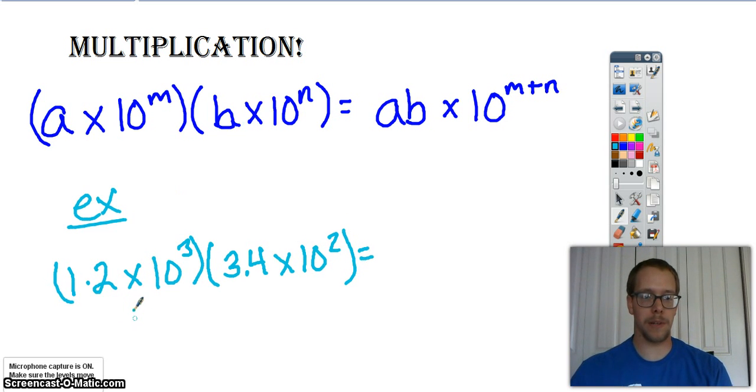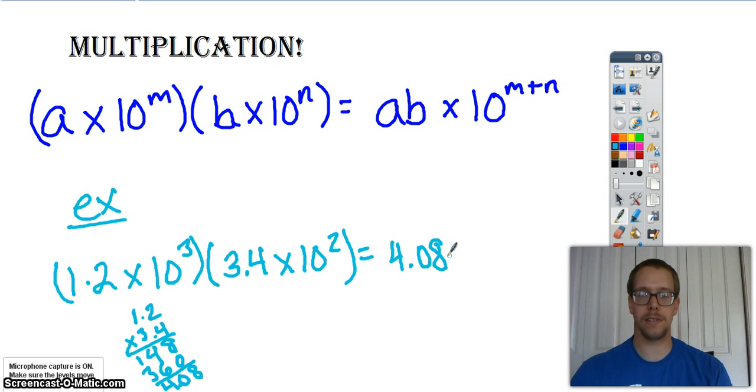Go ahead and multiply 1.2 times 3.4. Quickly, 4 times 2 is 8. 4 times 1 is 4. 3 times 2 is 6. 3 times 1 is 3. 8. 4 and 6, 10. So we get 4, and don't forget 2 decimal places. So we get 4